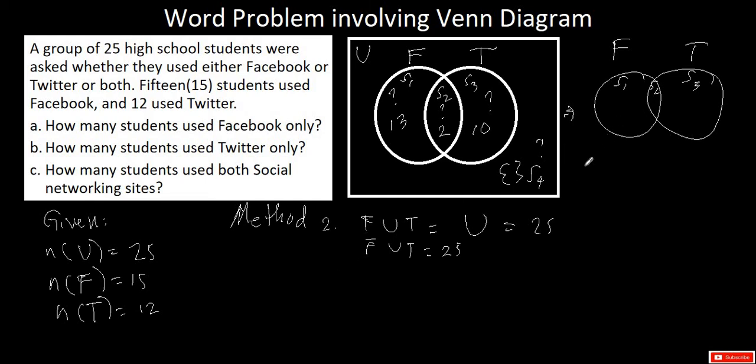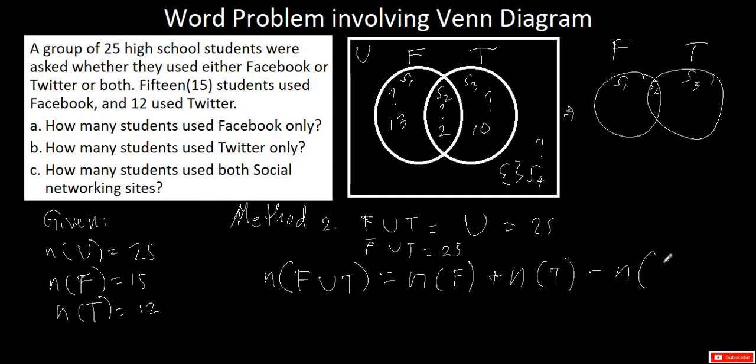So we can use the formula for the union of two sets. And I want you to remember this formula. The cardinality of the union of two sets is equal to the cardinality of F plus the cardinality of set T minus the cardinality of F intersection T. Okay? So in this case, the cardinality of F union T is given. It is equal to the universal set, which is 25. The cardinality of F is also given. It is 15. Plus the cardinality of set T is also given. It's 12. Minus